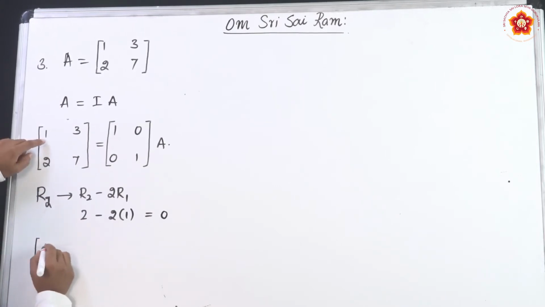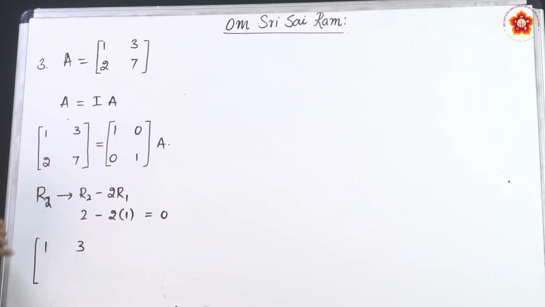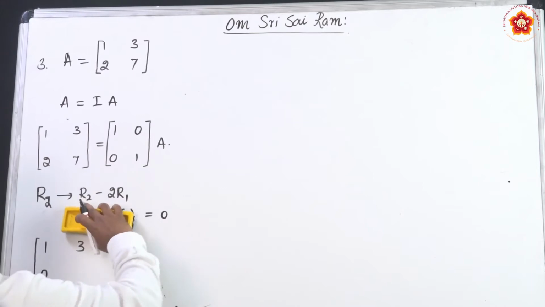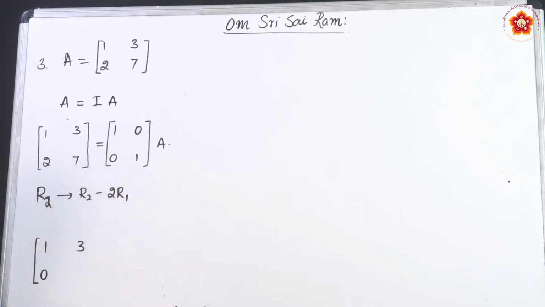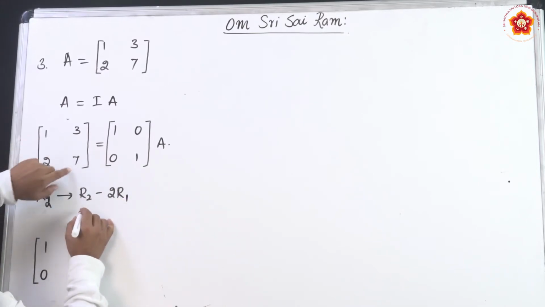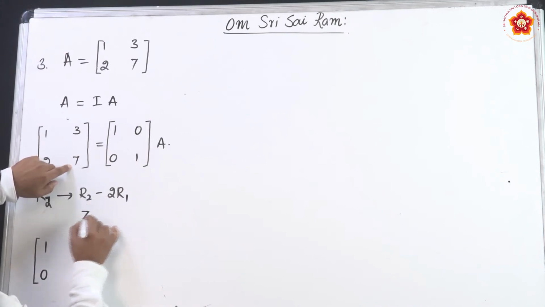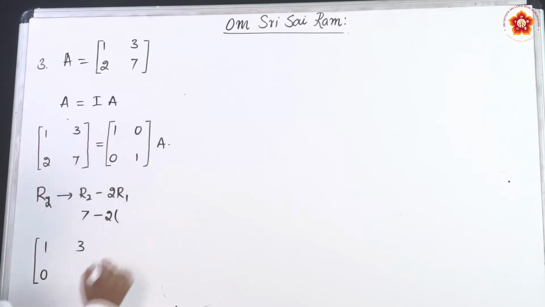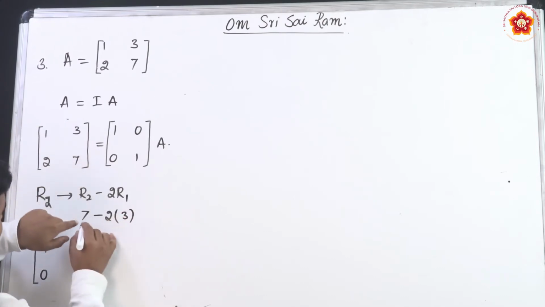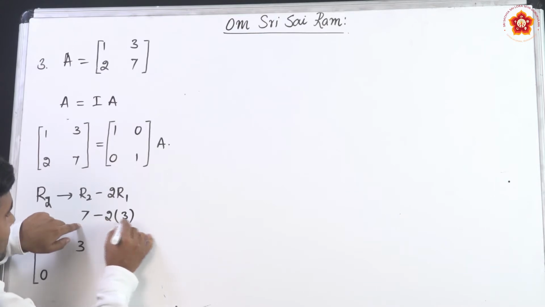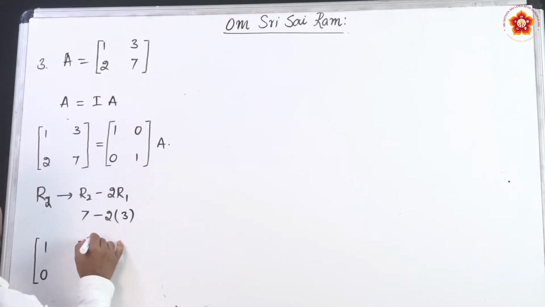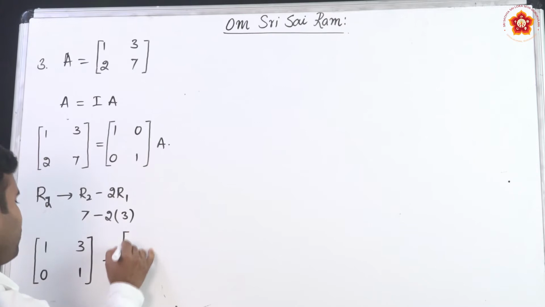So, first row does not change because we are not applying any operation for R1, whereas we are applying for R2. So, what about this element? If you apply this operation, it will become 0. Similarly, another element we have in R2. What is that? 7. So, R2 is 7 minus 2 times of R1. What is the corresponding element of this? 3. So, what is this? 7 minus 6. What is that? 1, which is equal to,